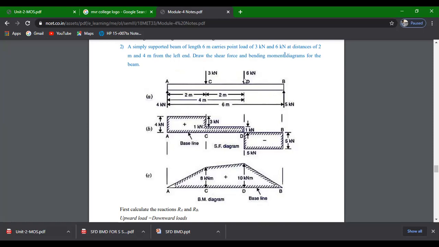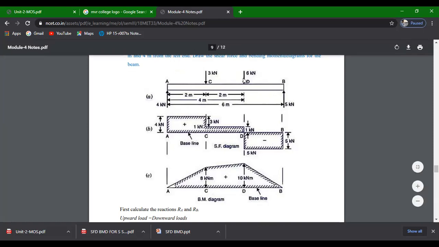From here to here, downward forces will be there. Downward force in the sense positive, upward forces in the sense negative. Okay, here the negative 5 kilonewtons will be there initially, and later positive, whenever we apply the positive 6 kilonewtons, the remaining load will be 1 kilonewton. Okay, and this 1 kilonewton will be on the positive side only, not the negative side. Okay, from here to here, 6 kilonewtons will be there. This is the starting point. From here it rises up to positive 6.